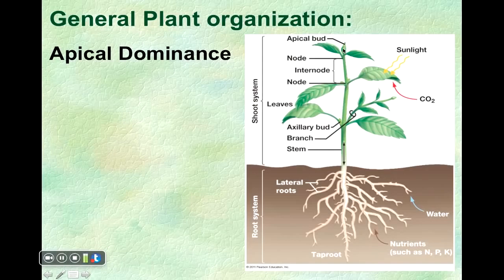However, once the apical bud gets a certain distance away from any given axillary bud, or if the apical bud is removed, then those axillary buds are free to grow into new branches, again, much like we see toward the right. In a sense, what happens is the apical bud produces hormones. Those hormones make their way down the stem, and those hormones prevent the axillary buds from growing into new branches. So, if the apical bud is removed, the source of hormones is removed, and again, the axillary buds can then